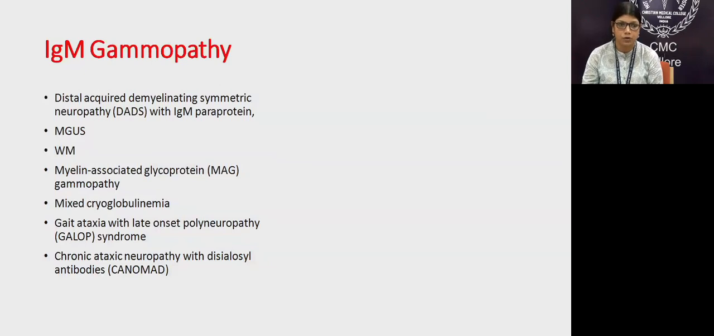IgM gammopathies are a group of disorders. There are various types. They mainly present with a demyelinating type of neuropathy, and it includes DADS with IgM paraprotein, MGUS, Waldenstrom macroglobulinemia. Anti-MAG, anti-myelin associated glycoprotein, has taken a lot of importance in recent times. Classically it presents as a distal demyelinating type of neuropathy. Mixed cryoglobulinemia, GALOP syndrome, which stands for gait ataxia with late onset polyneuropathy, and CANOMAD, chronic ataxic neuropathy with disialosyl antibodies. So in the correct setting, we should be able to make a diagnosis, and neuropathy is a part of this